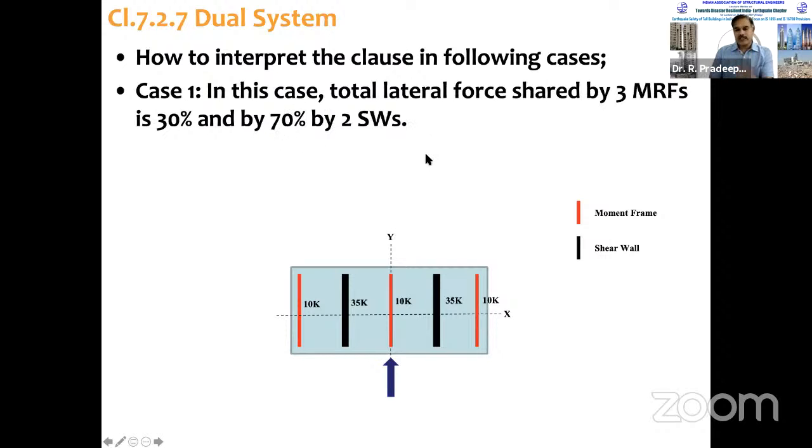So what the clause says is moment resisting frames should take at least 25%. So this case is fine. So we have to design shear walls for 70% of lateral load, and design moment resisting frames for 30% of lateral load. But if the case is different,